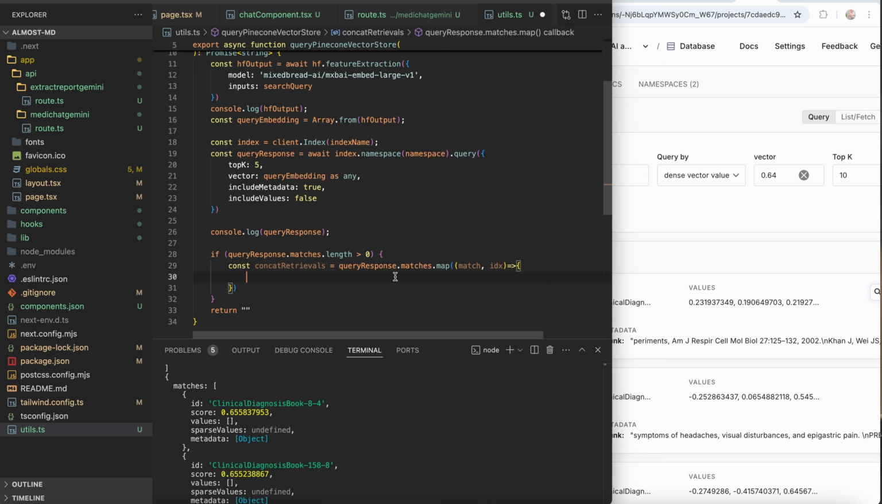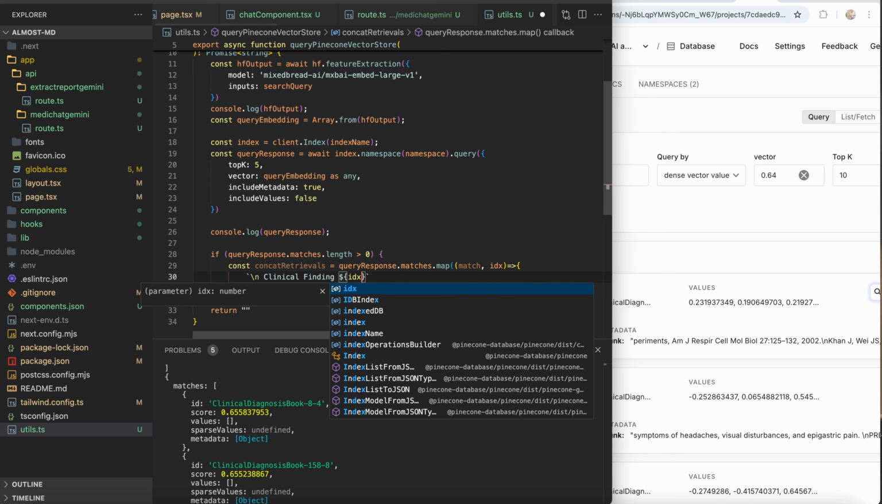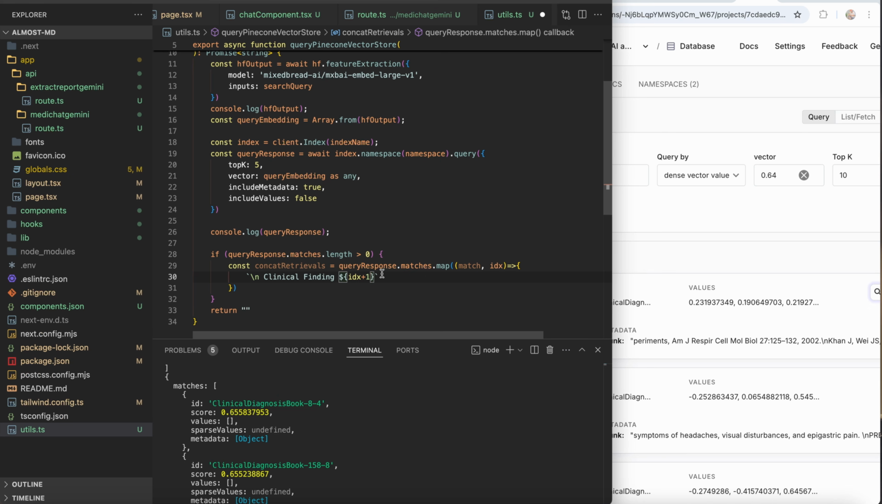So I'm going to start with a new line, "Clinical finding". We are going to call each of these retrievals a clinical finding, and then assign a serial number that is represented by index + 1. So clinical finding 1, clinical finding 2, 3, 4, and 5, because this will be used by the final query. This is how the model will have a better time understanding that these are clinical findings, and that this is separate from the report data that is